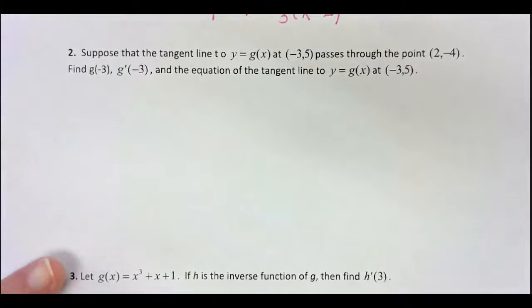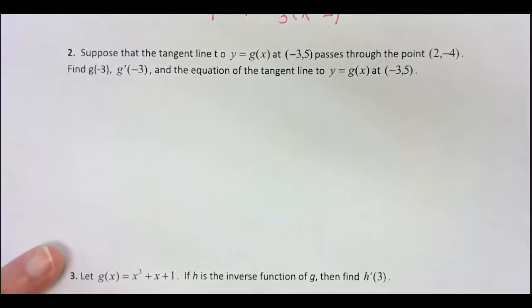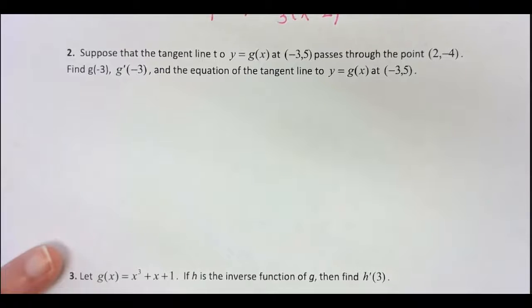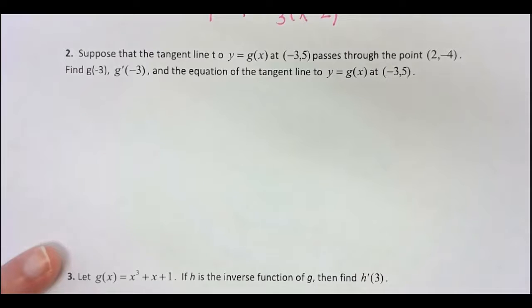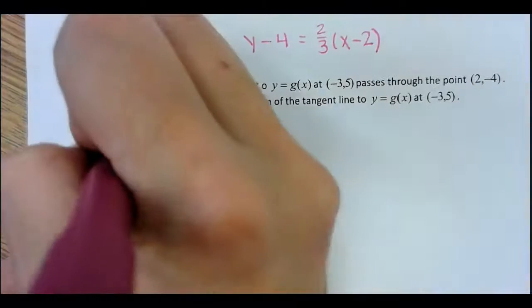Suppose that the tangent line to y equals g of x at the point (-3, 5) also passes through the point (2, -4). Find g of -3, g prime of -3, and the equation of the tangent line to y equals g of x at (-3, 5). So not necessarily an inverse, but again, just going back, reviewing, and reiterating those concepts. So g of -3